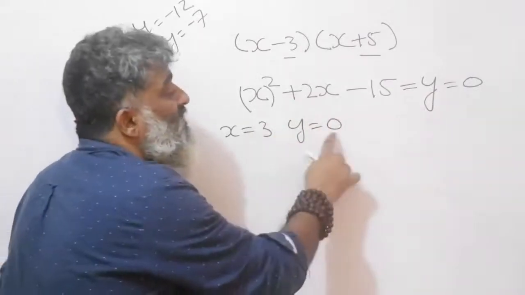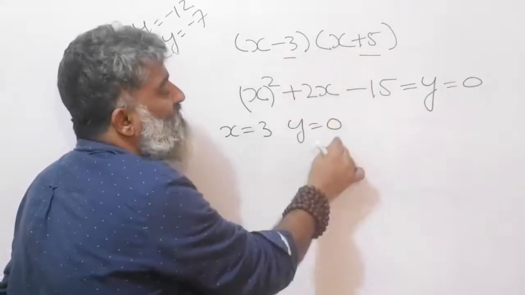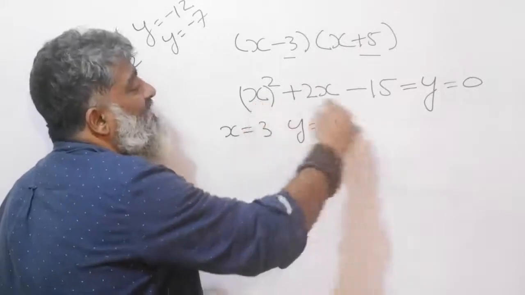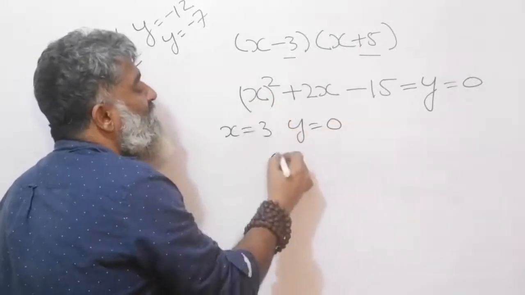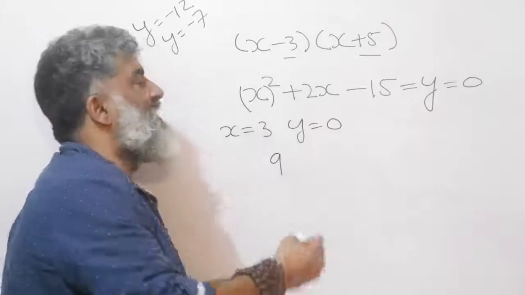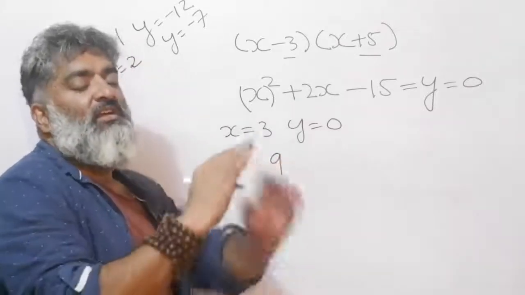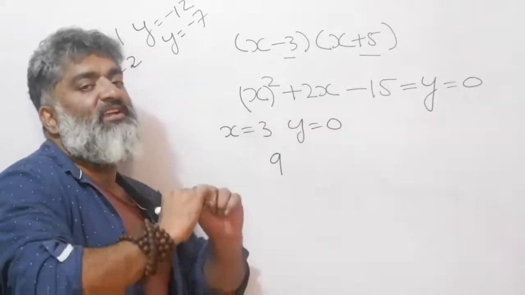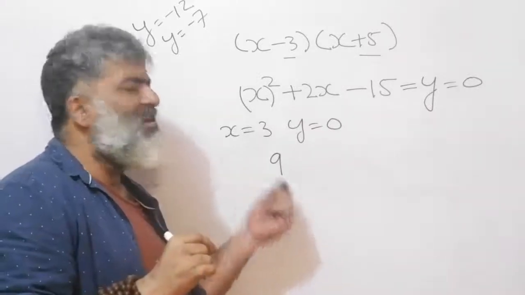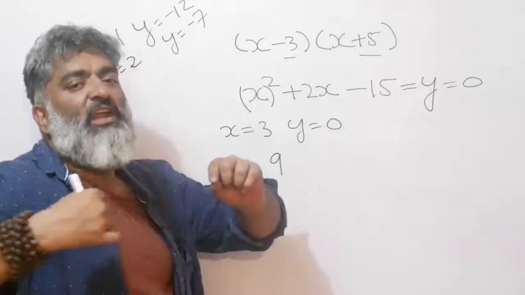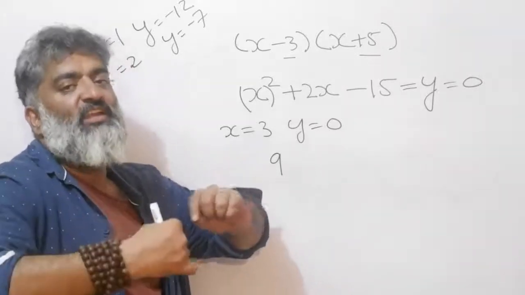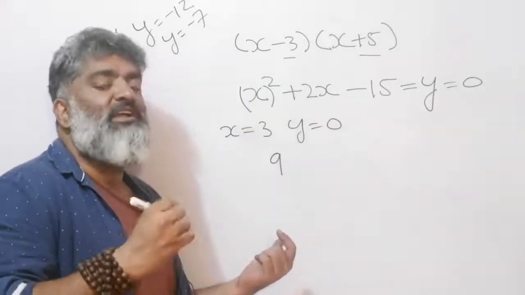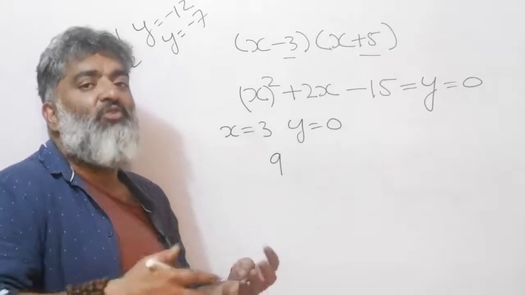Just for fun, we got the 0 by using this point of view. Just for fun, put 3 here and calculate it. 3 square, 9. So notice that with each passing example, I start removing the formality and start calculating directly. So this time I'm not writing down 3 bracket whole square. I'm directly calculating the value. But in school days, this would have taken a month or 15 days or 1 year, maybe next year you learn this. But right now, example by example, because now we are not interested in writing down these steps. We want to get to the answer.